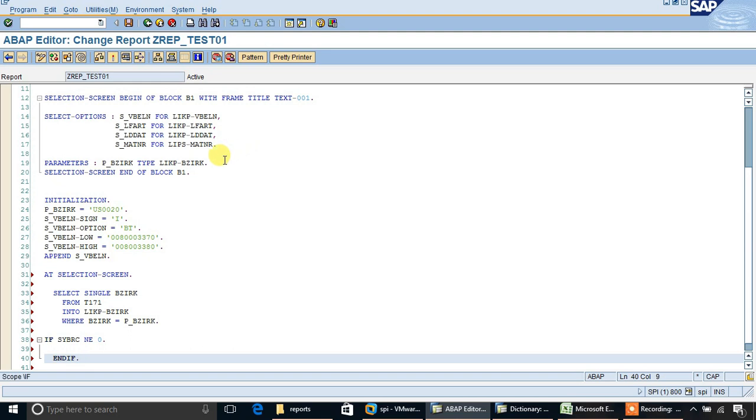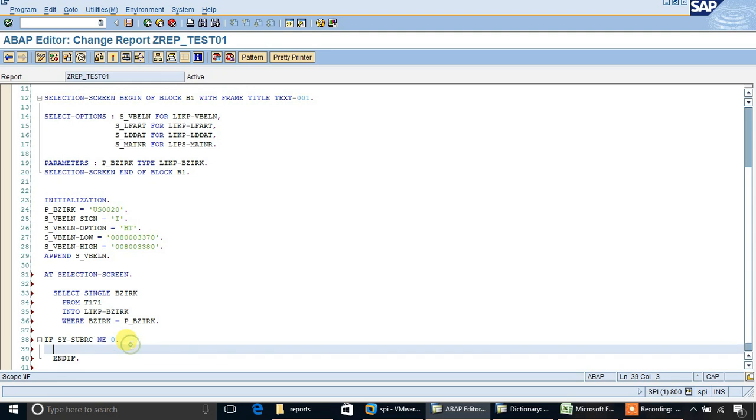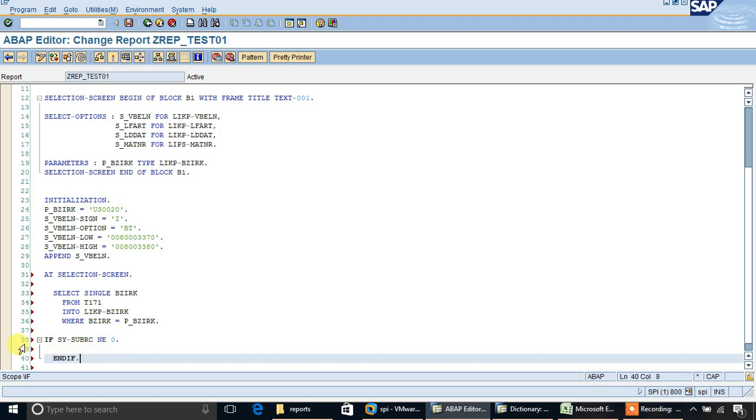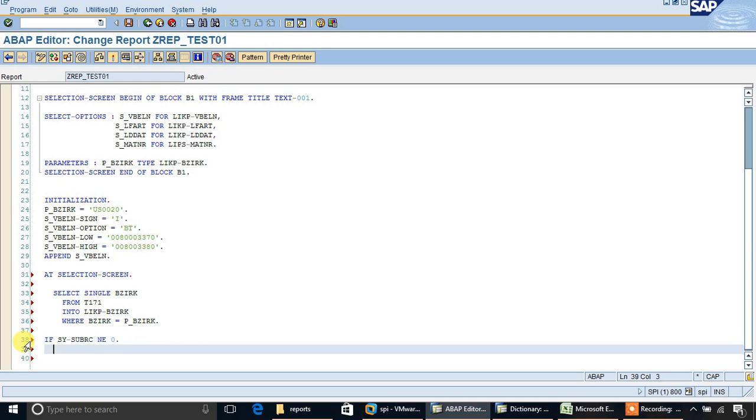In the if, what is sy-subrc? If sy-subrc is not equal to 0 in the if, what is sy-subrc? Sy-subrc identifies the result of the code above.